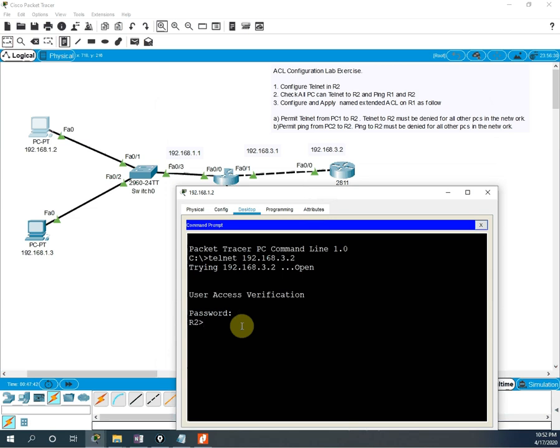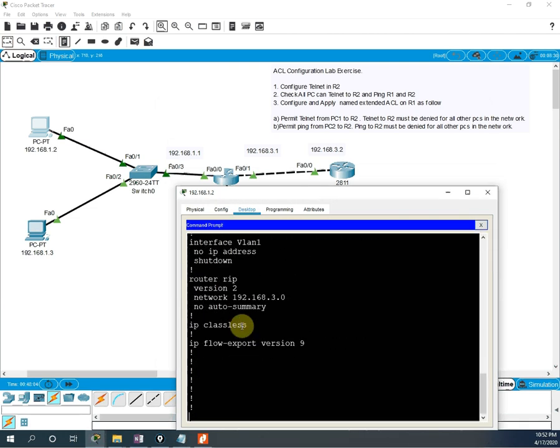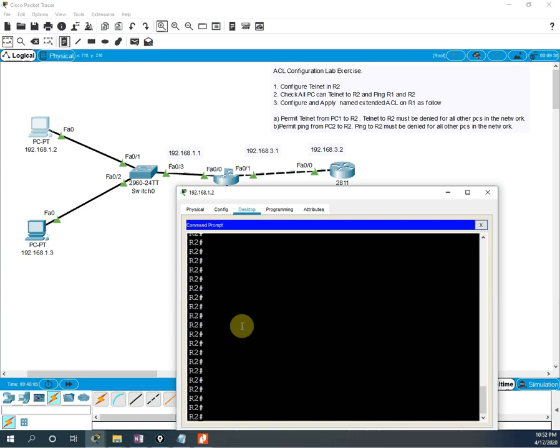So we are inside the router R2, and what password do we give here to go into enable mode? Cisco, right? First we press enable, then it will ask for the password, then we write Cisco. So we are inside the router. We can check here, we will write show run, so we will get all the router configuration. So we are able to telnet to router R2 from computer 1. This is PC1. So this is okay.